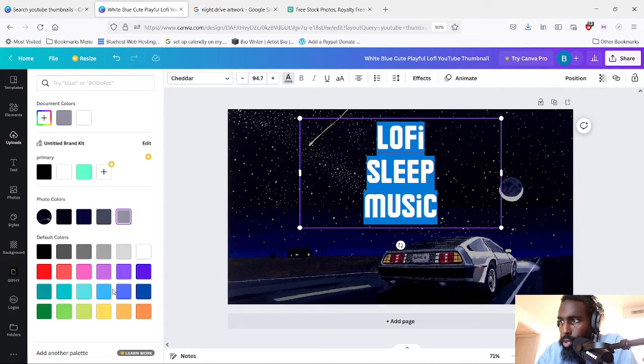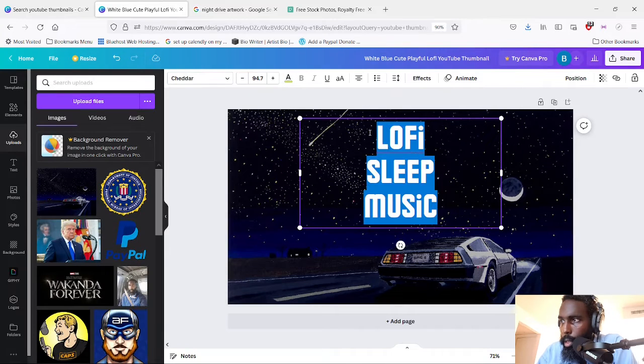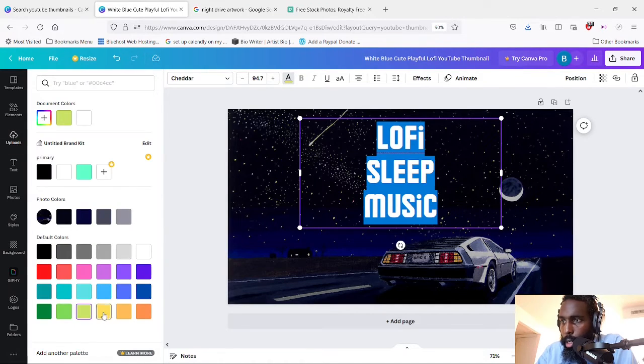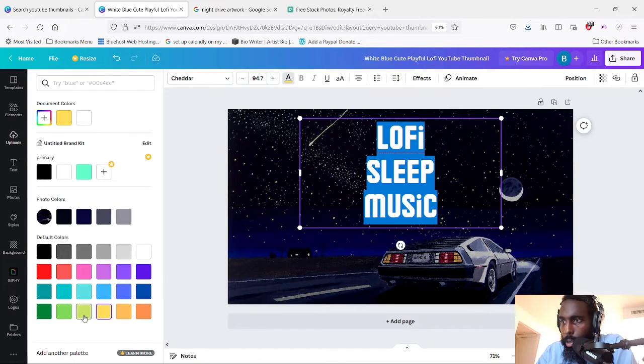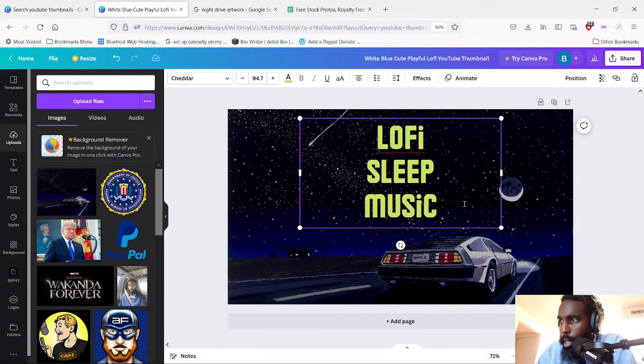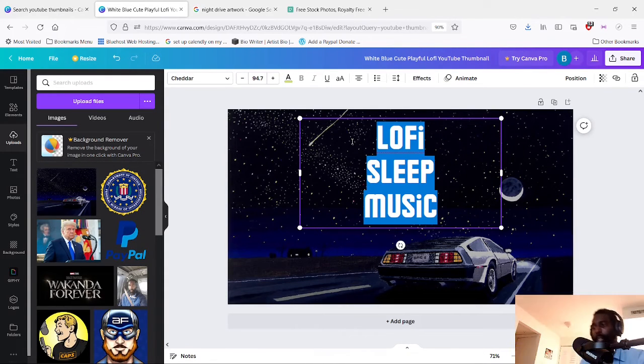So I'm actually gonna see right here the yellow on the rear lights on the car. I'm gonna try a yellow and see if that pops. Okay, let's go a little bit darker. Okay, I think for this picture the lighter version of the yellow actually looks better. And again, I'm not a designer, not pretending like I'm a designer, but I like to make things look good at least. So we're gonna call this